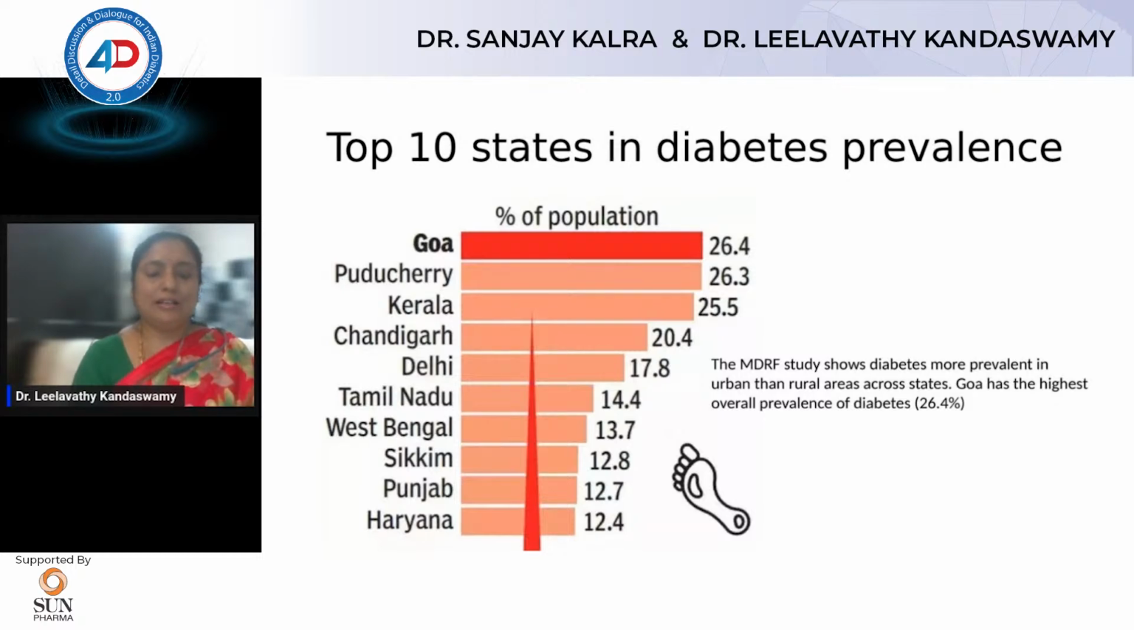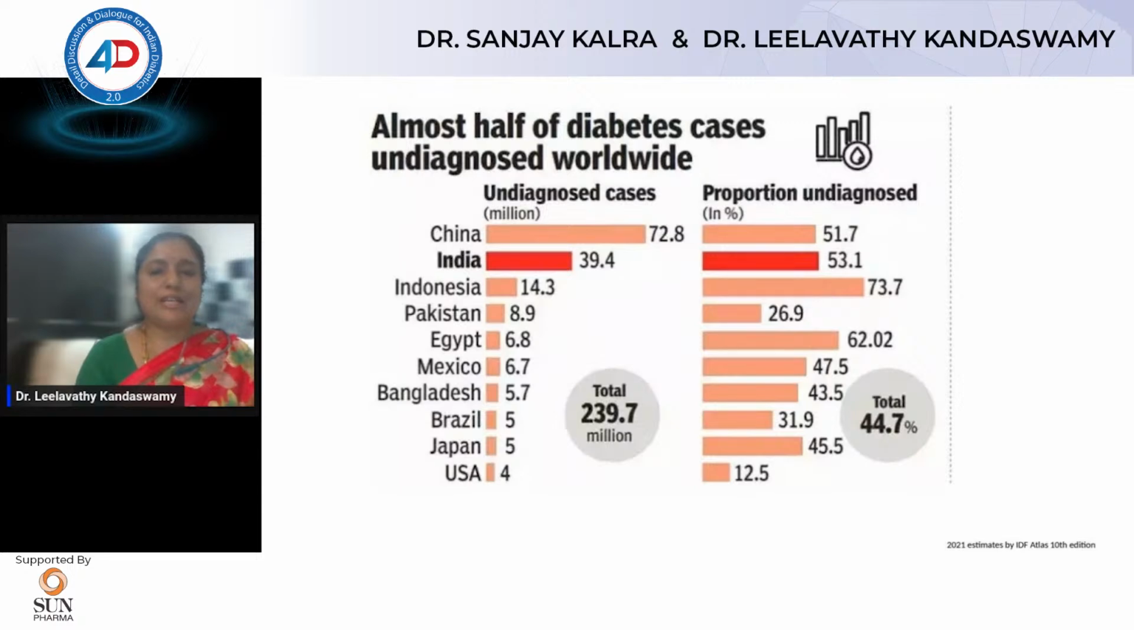You can see the dissimilarities, and Goa was found to have the largest population with diabetes. And I live in Tamil Nadu as of now, which also has an increased prevalence. So in this chart, you can see almost half of diabetic cases are undiagnosed. It has been distributed according to the countries, and India has more than 50% of the people with undiagnosed